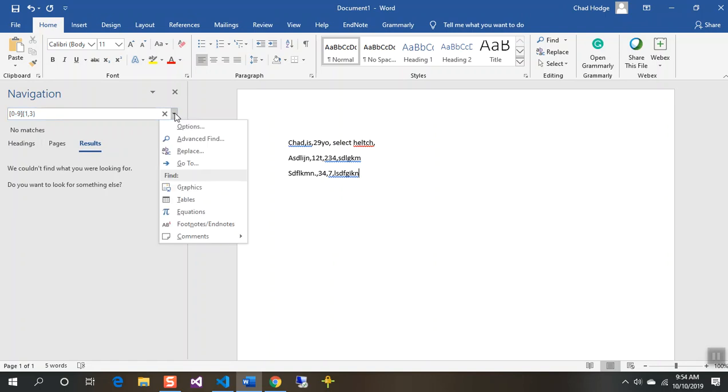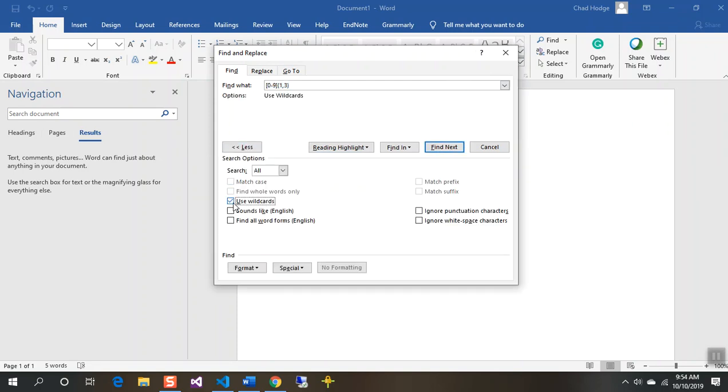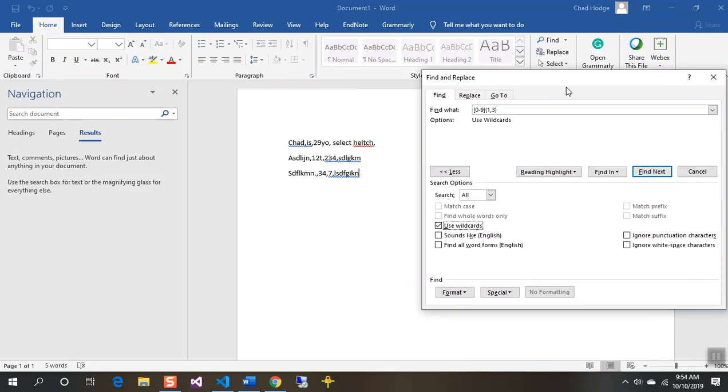But if you come over here to this drop down, you can go to the advanced find, and you can say use wildcards. And when you've clicked use wildcards, it's going to treat this as a regular expression. And now if I hit find next, you can see it highlighted what it matched on. It's like, oh, okay, I'm going to treat these like a regex. I found you a double digit,